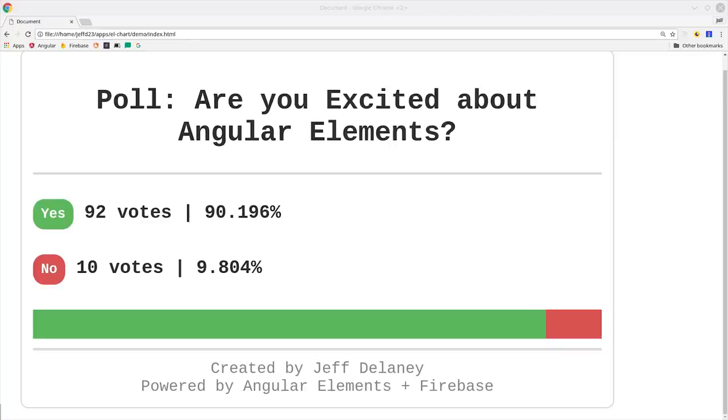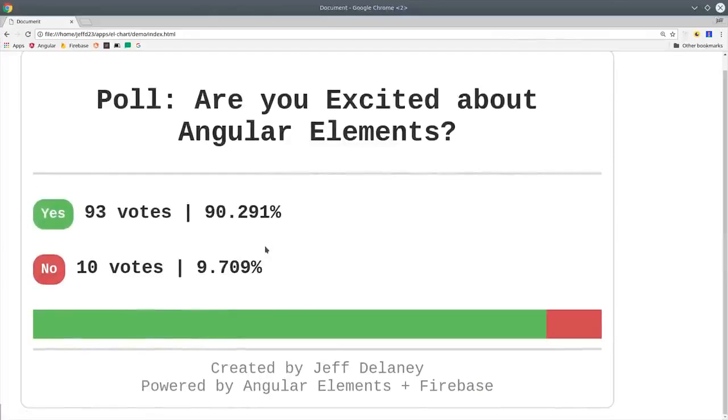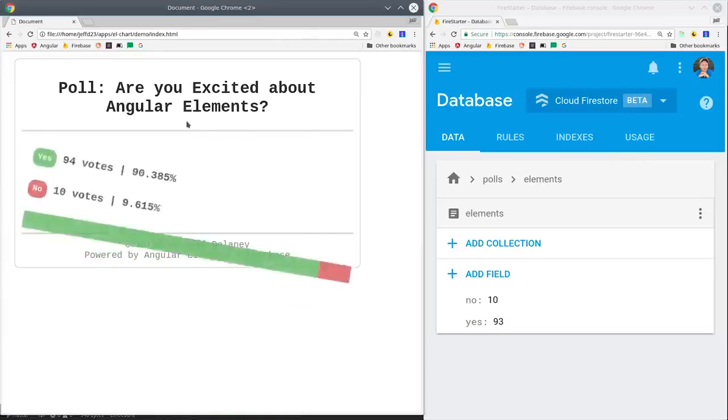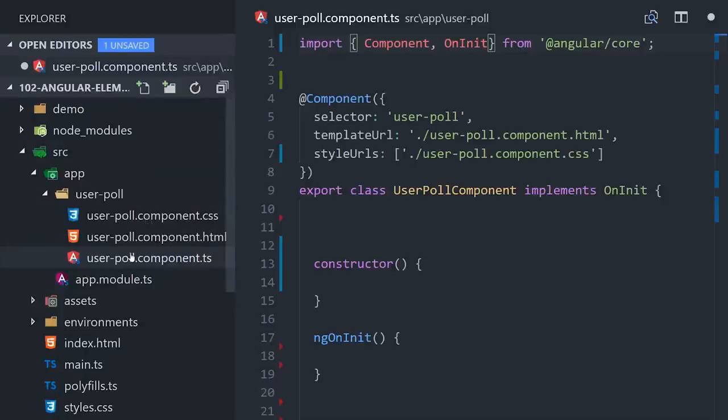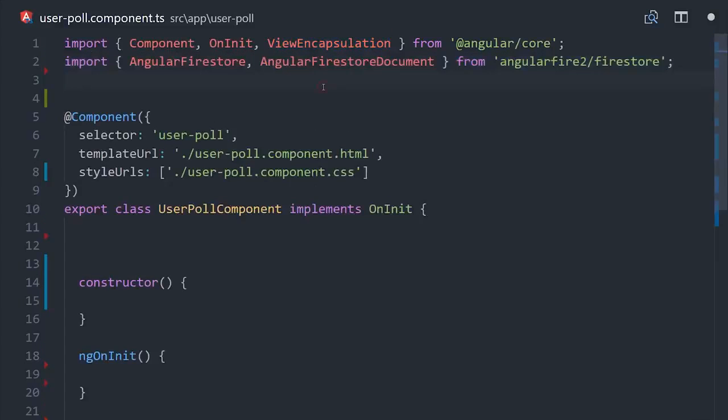So that's a working custom element, but we still want to have this component do something cool, and we also want to be able to export it and use it in production outside of Angular altogether. Basically, we just want the user to send a yes/no response, and then we'll record that in the Firestore database and display the results. So here we are in the user-poll component, and one important thing we're doing is